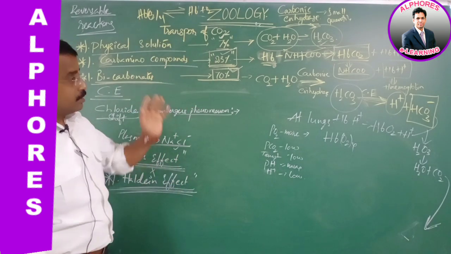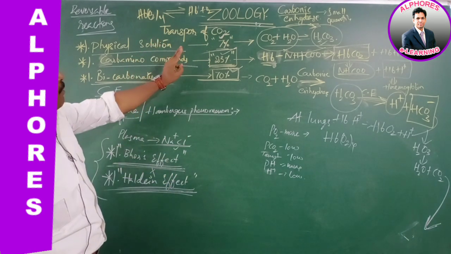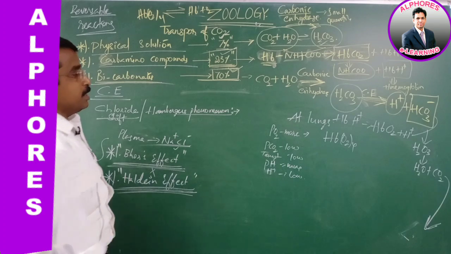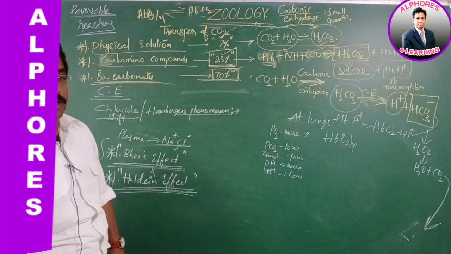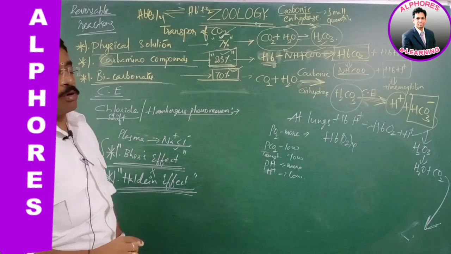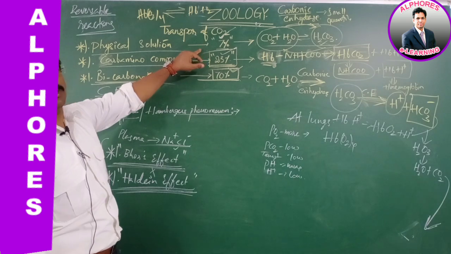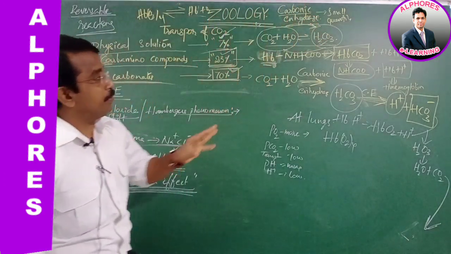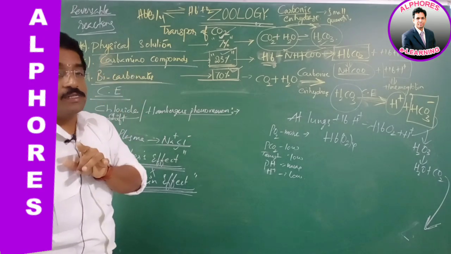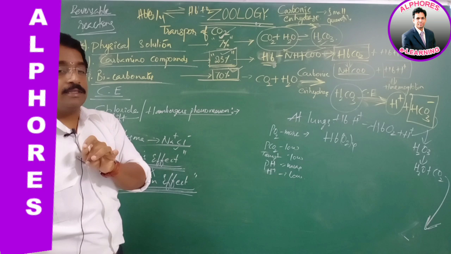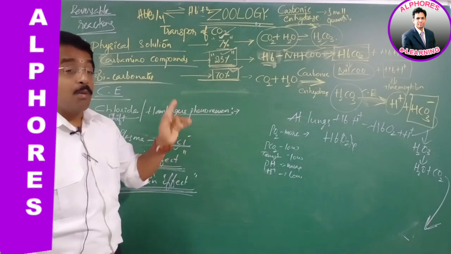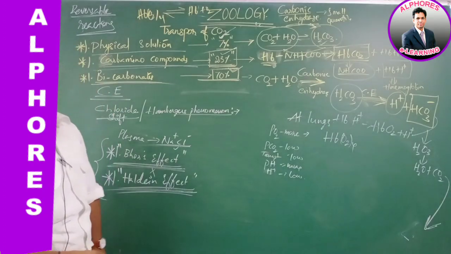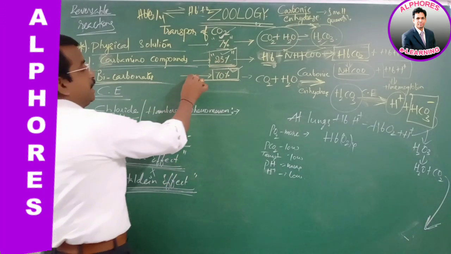So overall, CO2 is transported in three forms: one, physical solution; two, carbamino compounds; three, bicarbonate form. Of all these, 7% is via physical solution. The only reason why a smaller amount of carbon dioxide is transported through physical solution is that if more carbon dioxide were transported through plasma, the acidic status would increase, which would be fatal to human beings. And carbamino compounds, 23% through hemoglobin, and 70% is by